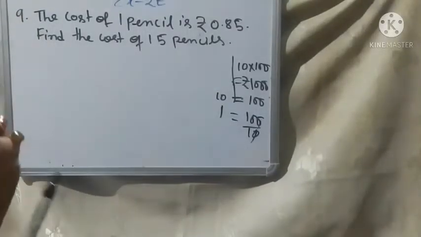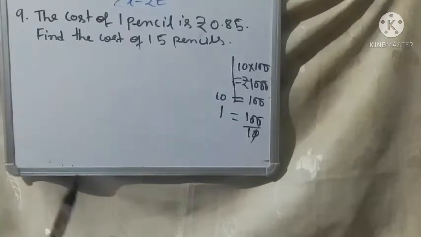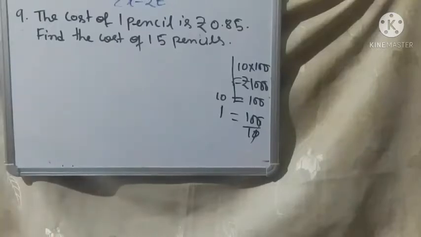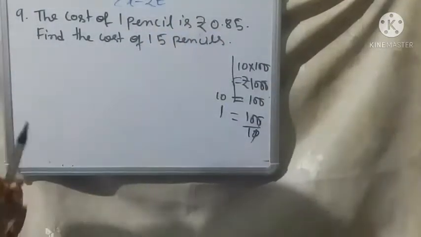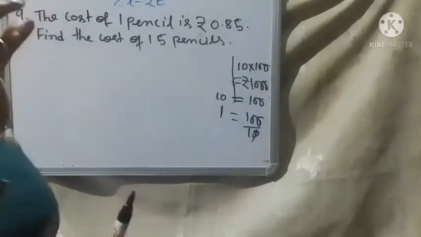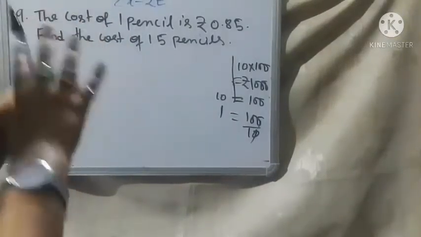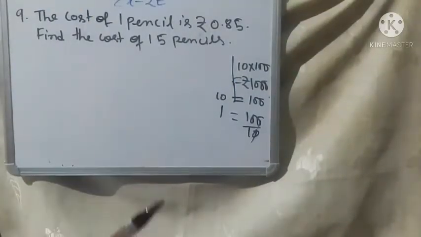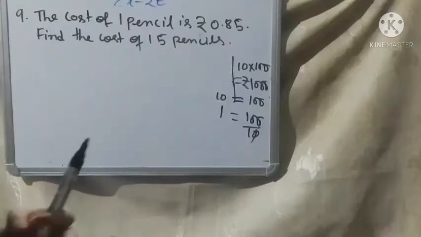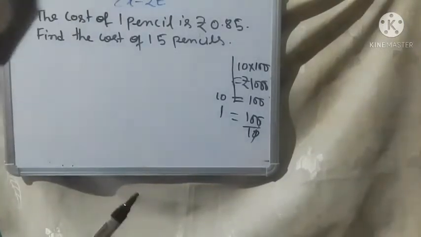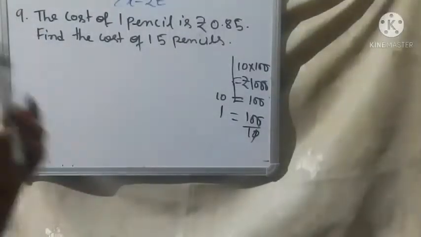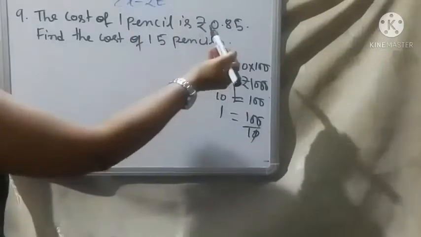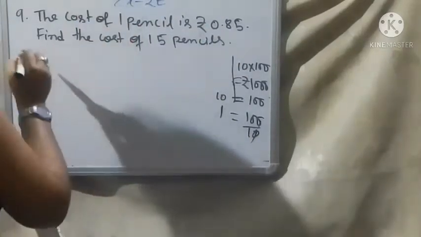So from these two examples, what have you understood? If the cost of one object is given, and you are asked to find the cost of so many objects, either 15, 16, any number, that time what will you do? You will multiply. If they have given the cost of 15 pencils is rupees 500, then what will be the cost of one pencil? Then you will divide 500 by 15. So you have to remember this, you have to be very clear on that. So here also the same is asked, but instead of whole numbers, you will do it with a decimal point.